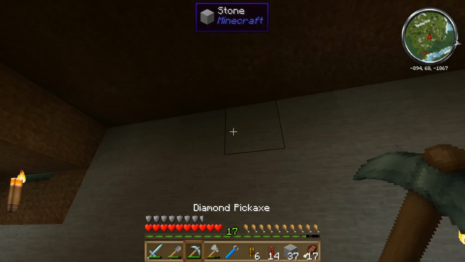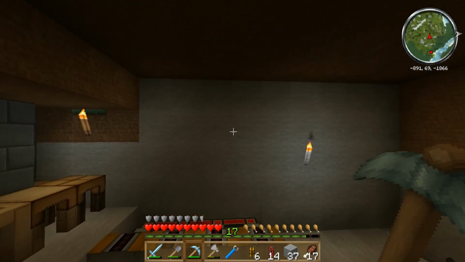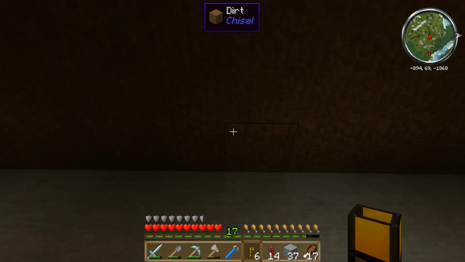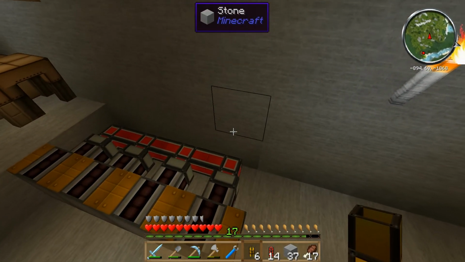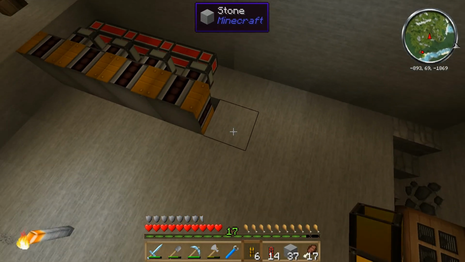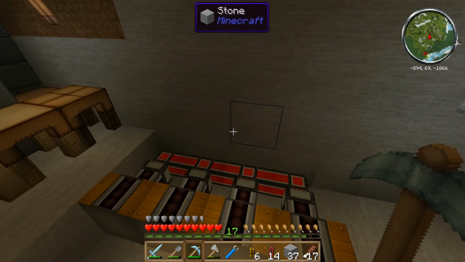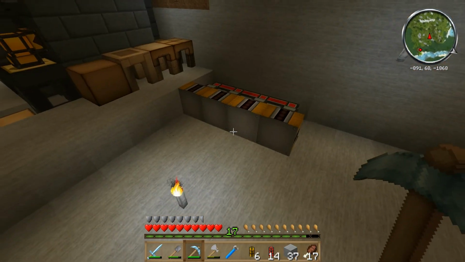And eventually I am probably going to have a tree farm directly above this that I will run power up to, feed wood back down into a furnace, and then that furnace will feed the charcoal around and into each one of the steam dynamos here. So I'll have a couple machines right here that I'll be using,